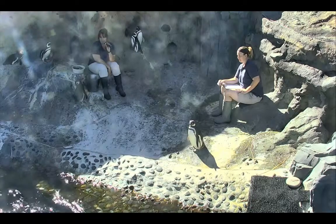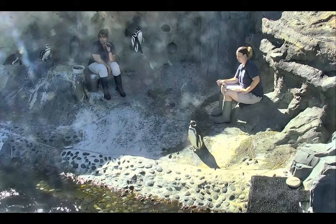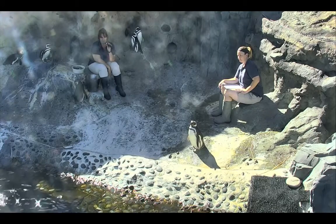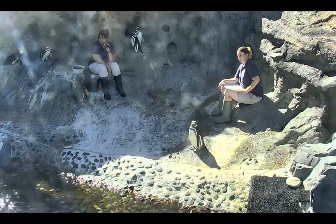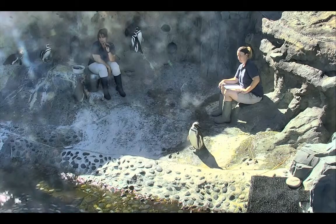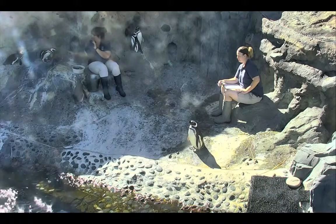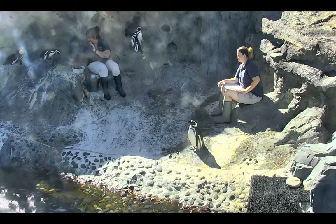Now, size-wise, they're pretty much the same size as their adults because they need to be. Out in the wild, it's a pretty rough area, so they need to grow as quickly as possible. It's hard to believe that they're not even 1 year old yet. Now, our ages range from under a year to